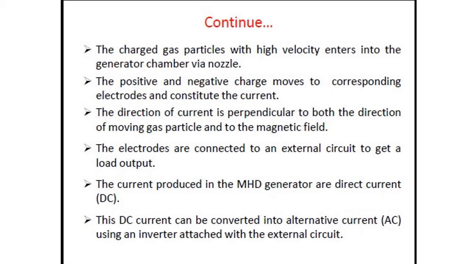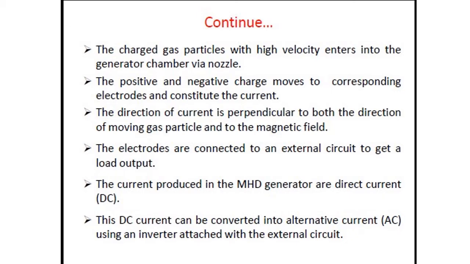The direction we have explained in the previous figure, Fleming's right hand rule: we can find out the direction of the current, which is perpendicular to both the magnetic field and the direction of motion of the gas particle. The electrodes are connected to an external circuit to get a load output. The current produced is direct current, and this direct current can be converted into AC using an inverter attached